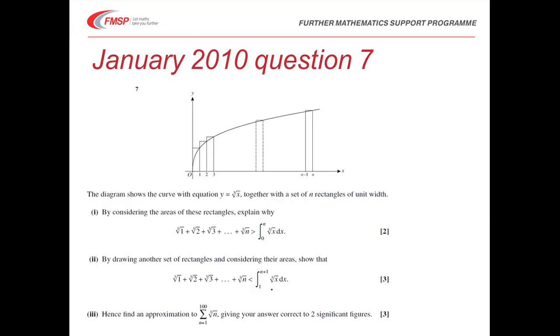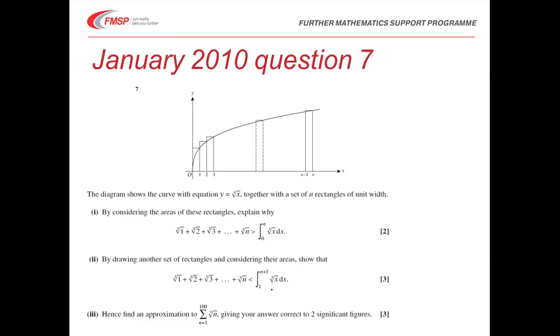So the last question now we're going to look at involves the last section on integration about areas and using rectangles to approximate areas. So this question says the diagram shows the curve y equals the cube root of x together with a set of n rectangles of unit width. By considering the areas of these rectangles, explain why the sum of cube root of 1 plus cube root of 2, etc., right up to the cube root of n